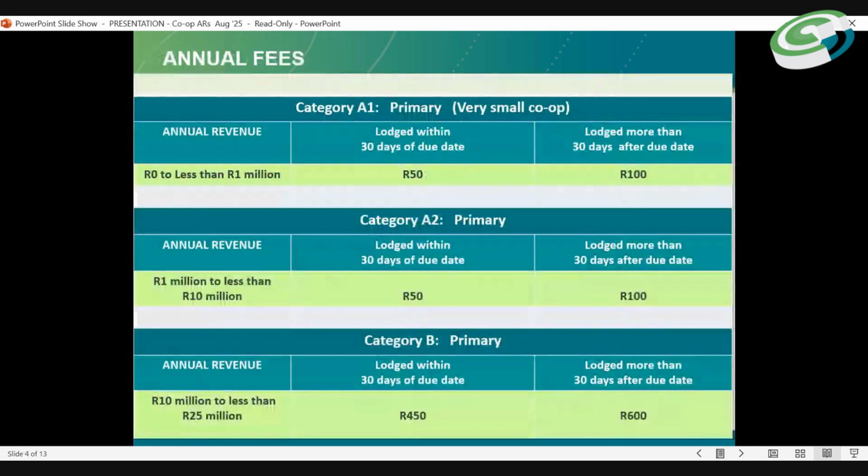The applicable fee is clearly stated on the screen, but if you are late, then the applicable fee will be 600 rands.